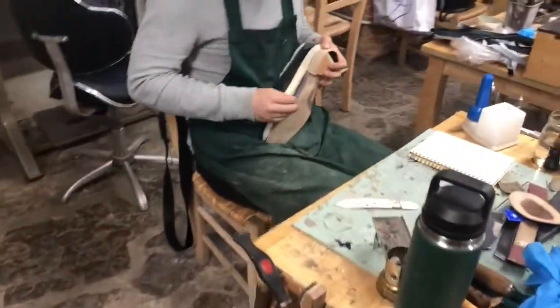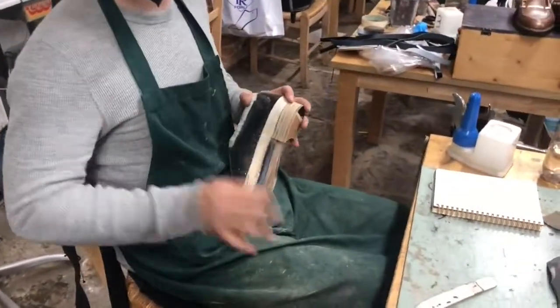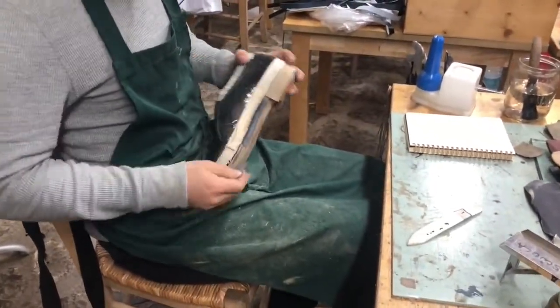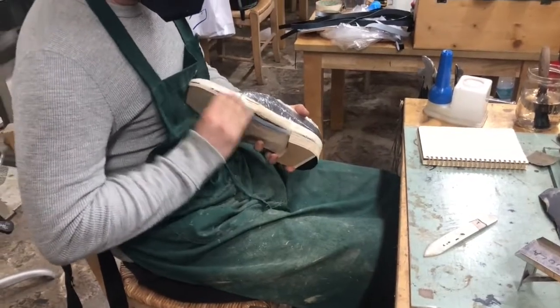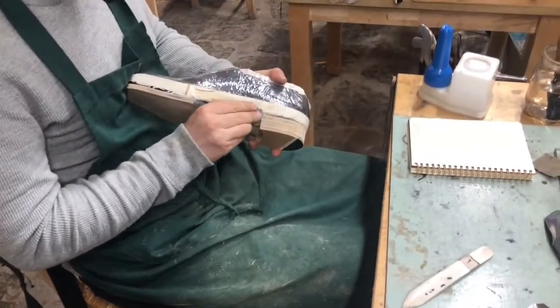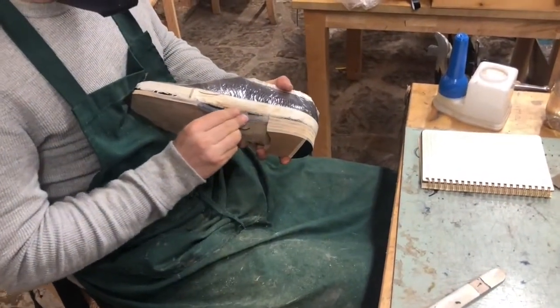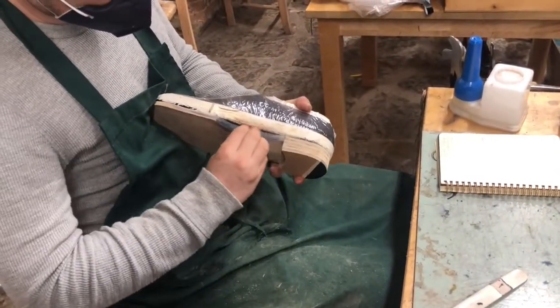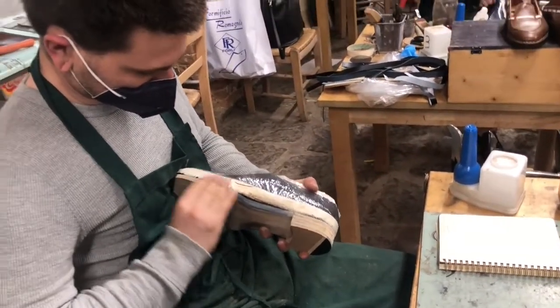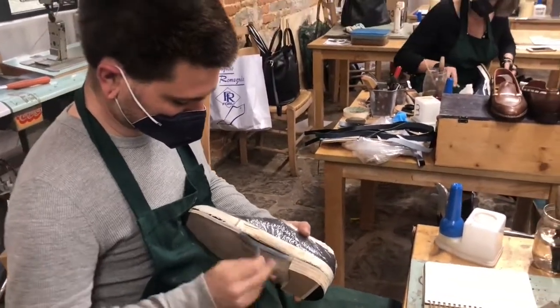And what is Michael doing? Hi, Michael. Ciao. So this is the finishing. So the shoe is almost done, right? Yes. So we're trying to get it to a very smooth edge so that when it's done, they can color